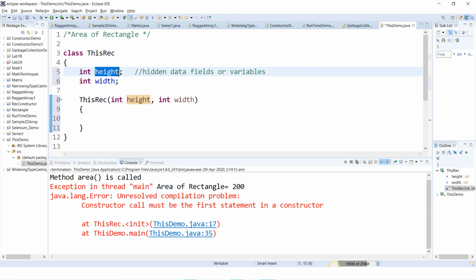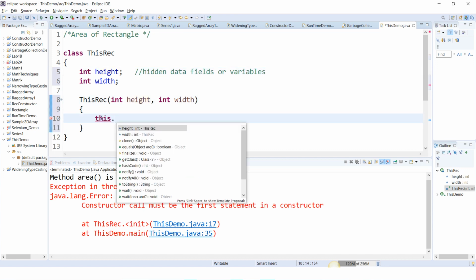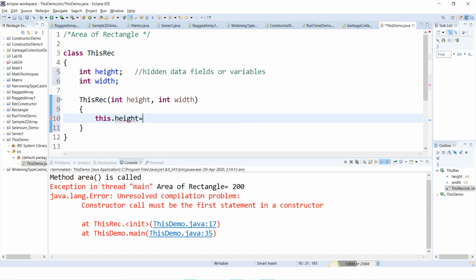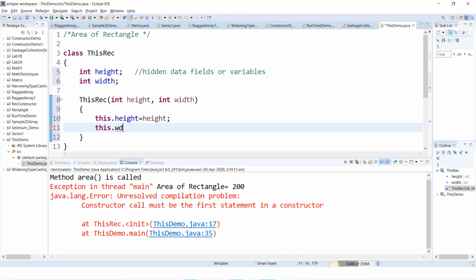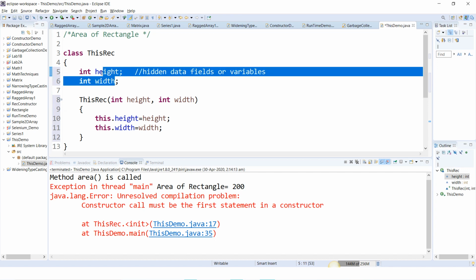Now both the names are the same, so make use of this keyword: this.height = height; and this.width = width;. Height and width are also called instance variables.